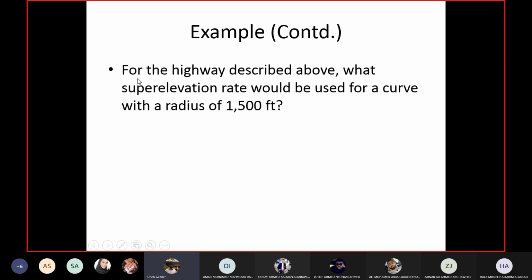Second part of the same question. For the same highway, now we want to know the super elevation. If the radius is 1500 feet: you calculated the radius and gave it to the client, 1333.33 feet. The client said, I don't want to get into fractions and these small numbers, I will make it 1500. The government said we will use a radius of 1500. It is fine, it's more than 1333.33 feet. But with this radius, you have the margin that you can now change the super elevation. So if the radius is 1500 feet, what should be the super elevation?